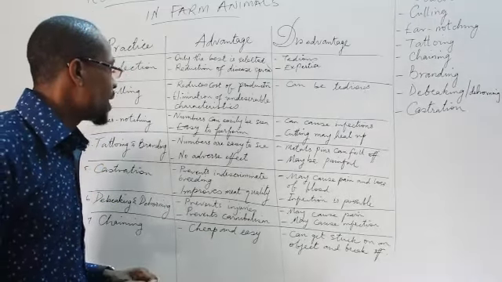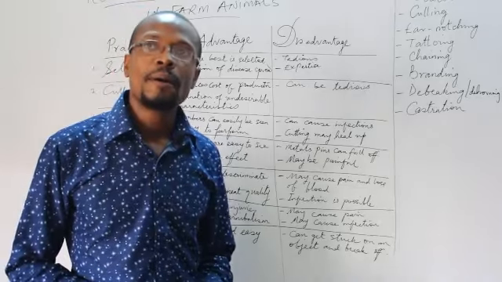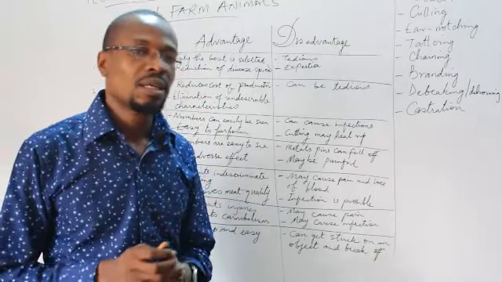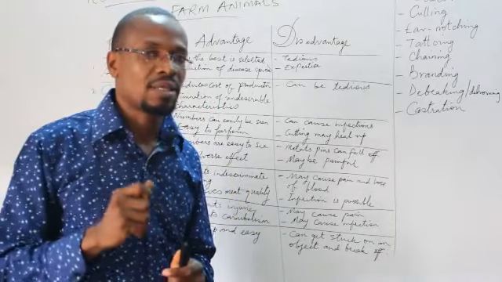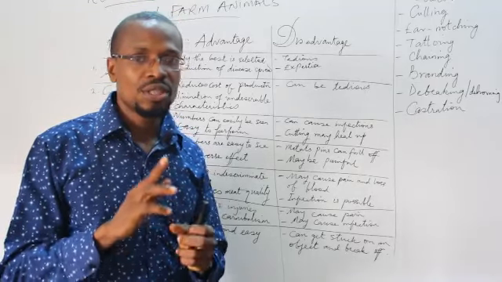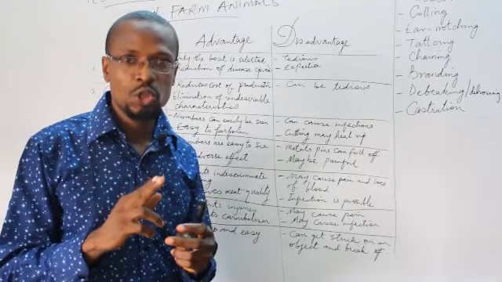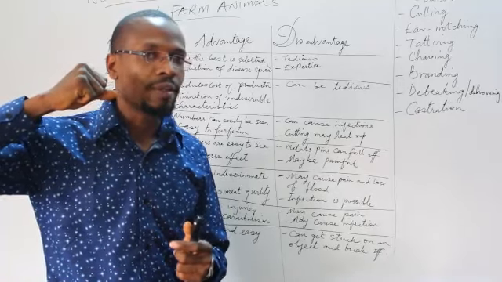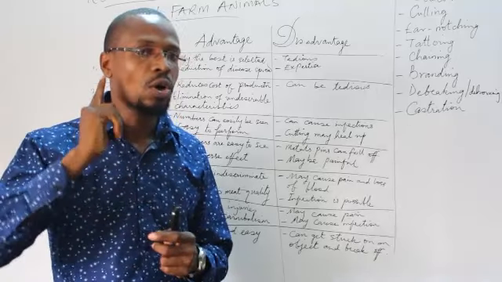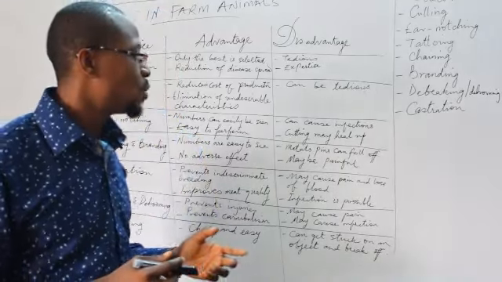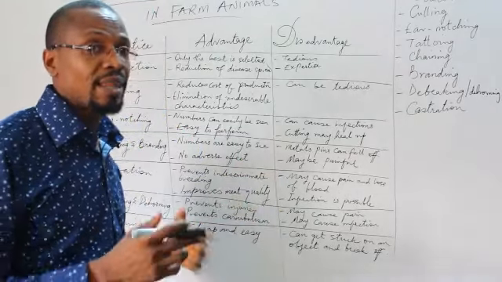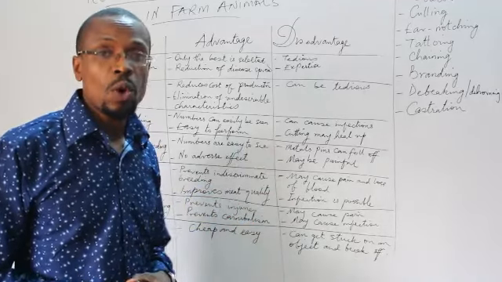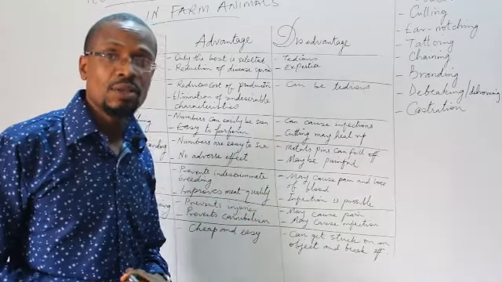Ear notching. Ear notching has to do with cutting of the ears of the animals, giving certain marks to the ears of the animals using some very specific tools to either puncture the ear, that is, make holes in the ears, or cut it in certain ways. And such ways can be interpreted by the farmer. Of course, only the farmer who owns the animals will know what those marks could mean. It could mean